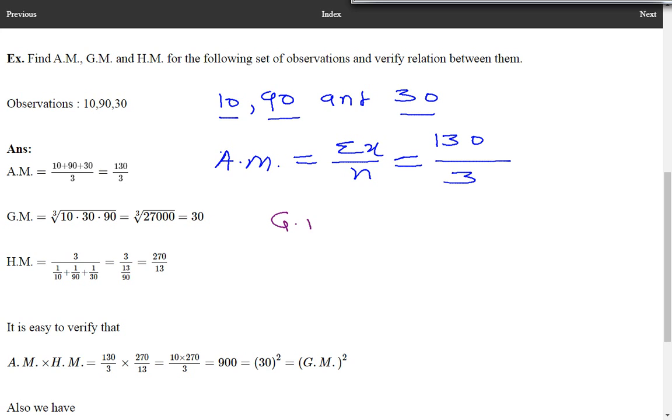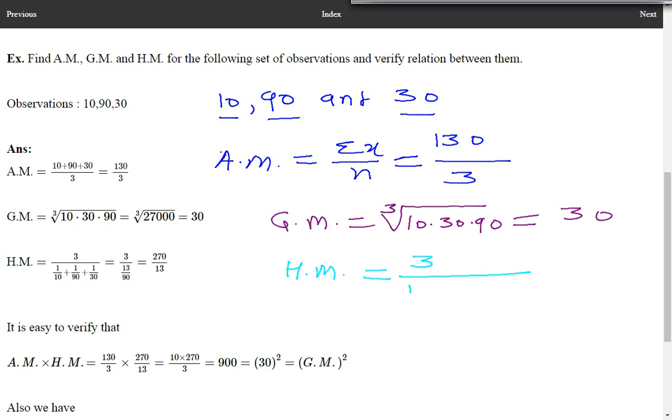Then to obtain the geometric mean, we have to take the cube root of the product of these numbers. So 10 into 30 into 90 equals 27,000, and its cube root equals 30. So this is the geometric mean. And to find the harmonic mean, we take the number of observations divided by the sum of reciprocals of these observations: 3 upon 1 by 10 plus 1 by 90 plus 1 by 30. Pause the video for a while, do the calculations on your own and verify that this equals